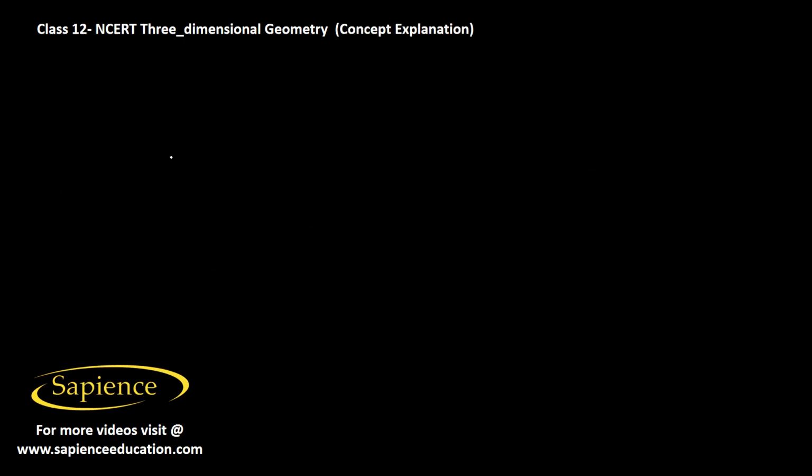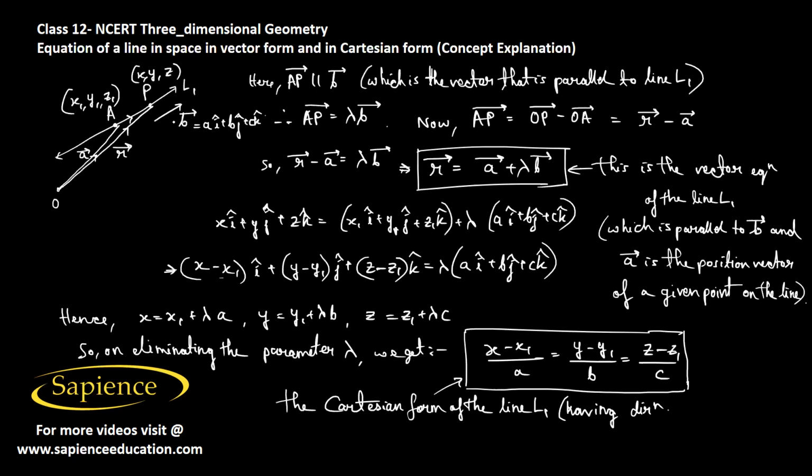So now, since L1 is parallel to the B vector, the direction ratios along the line L1 will also be the same as the direction ratios of the B vector. So we can say that the direction ratios of the line L1, or of the vector B, are obviously a, b, c. Therefore, the Cartesian form of the line L1 is (x minus x1) by a equals (y minus y1) by b equals (z minus z1) by c. This is the Cartesian form of the line L1 having the direction ratios a,